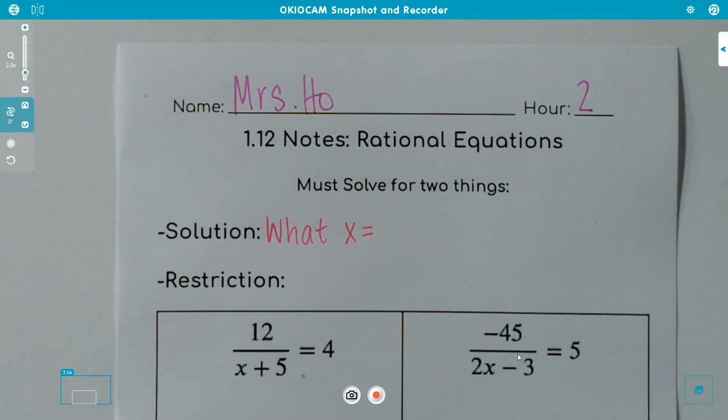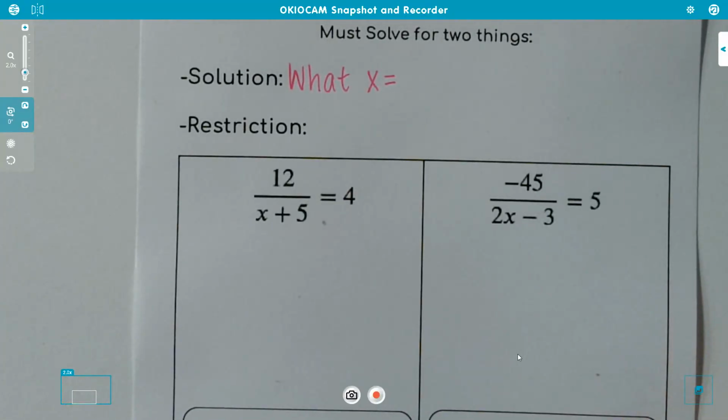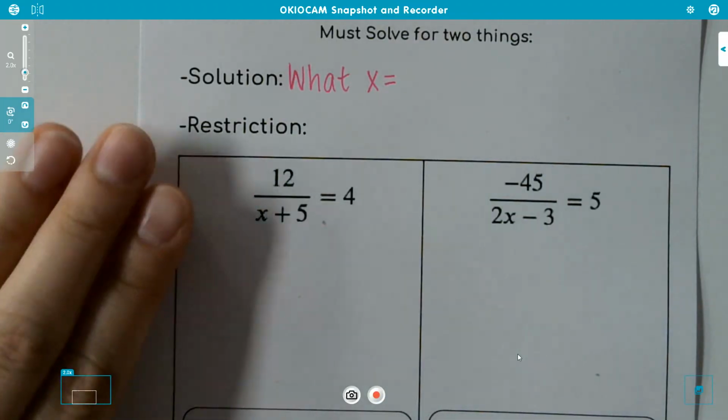equations, is our restrictions. So before I explain to you what our restrictions are and why we have to solve them, I want you guys to go look, where are the x's in these equations? On the bottom. Okay. What is the one number we're not allowed to solve or divide by? 0. So if my x's are in the bottom of my fraction, there is a risk that if certain numbers got plugged in, we would have a 0 in the bottom of our fraction, which we are not allowed to do. So in addition to solving for our solutions today, we are going to solve for our restrictions, which is what x